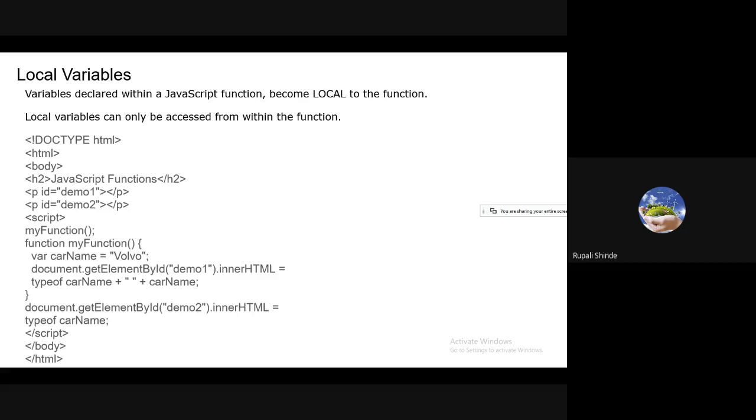Here we are going to use the same concept, where we have to demonstrate how the local variables work in JavaScript. Here again we have a function whose name is myFunction. Now it is here, it is the definition.